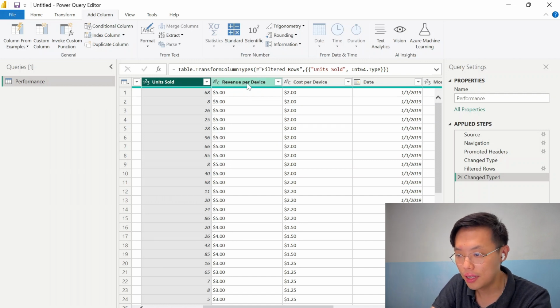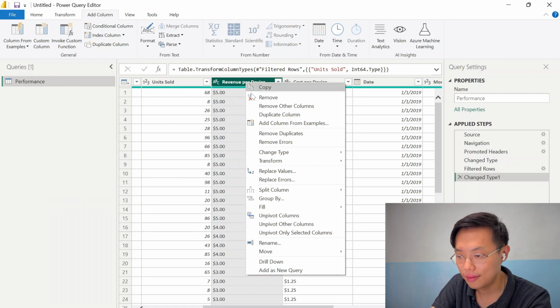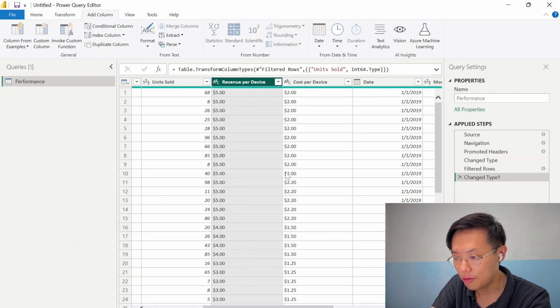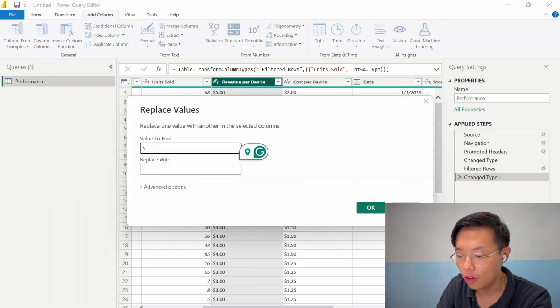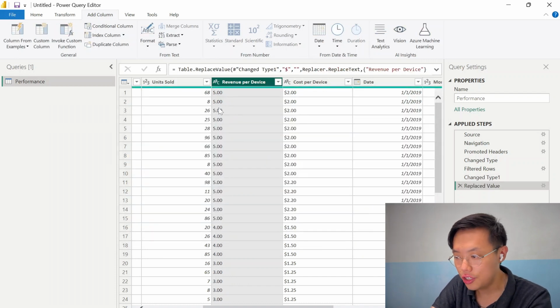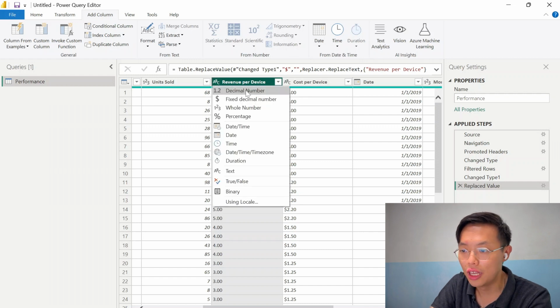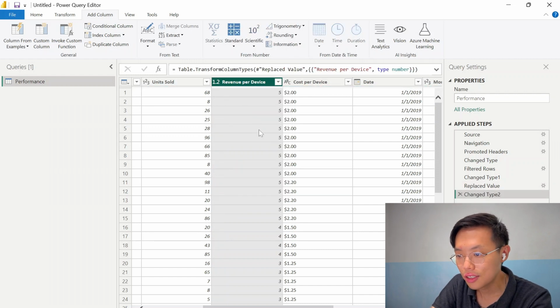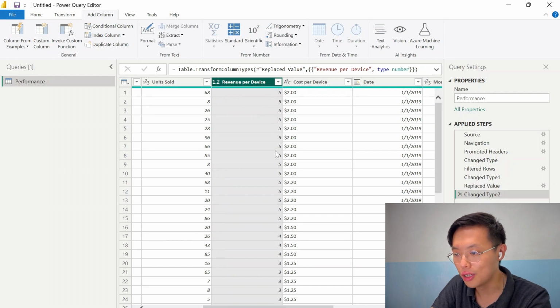So by simply right clicking, press Replace Values. Here you need to find the dollar sign and replace it with nothing and press OK. After changing the text, you need to convert this to decimal. So decimal number, and now it's in decimal number, so we can do some data enrichment using this